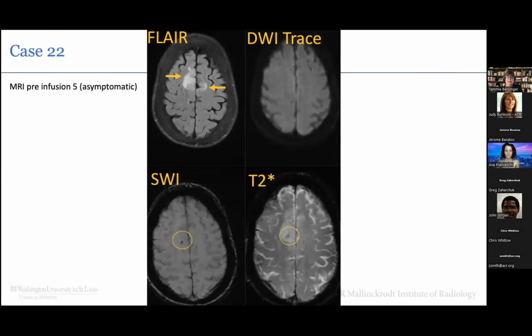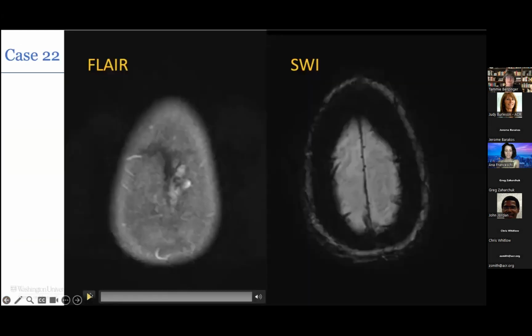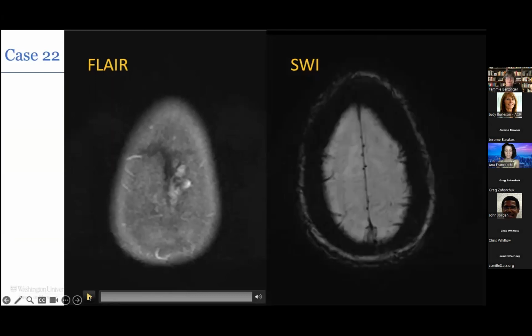And in fact, those FLAIR hyperintensities also involve multifocal areas in the brain. And there were additional microhemorrhages. And so she actually had a case of moderate ARIA-E, mild ARIA-H, and that resulted in a hold on the infusions. I'm going to try to scroll this for you,